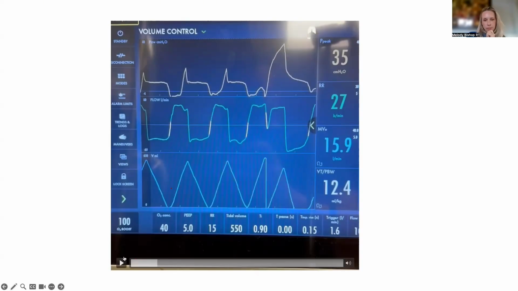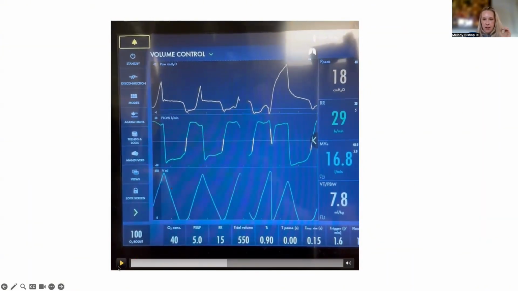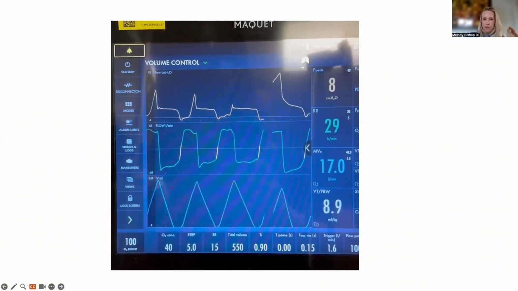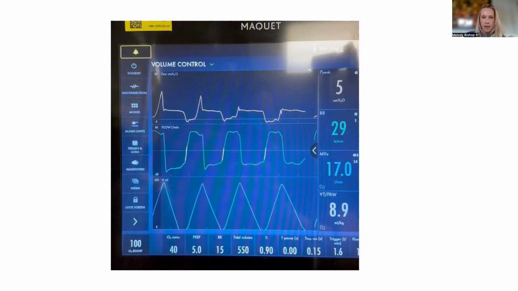And what else? Anything else you look at, Melody, as far as settings go? Well, just a couple things also with the predicted body weight. We have it right there on the screen. That's mL per kilo predicted body weight. You can tell that breath to breath, it's going way beyond what is considered safe. One thing that I just want to draw everyone's attention to is looking at what is set. And Nick just mentioned the settings. These are what most of us in the vent world, especially people that are new to vent, see as safe ventilator settings, normal ventilator settings. And yet we have very dynamic, complex waveforms that are showing us that the patient is tortured. And this is a key takeaway message: just because your settings are safe does not mean it is actually safe for your patient. Because this is where the waveforms start to come in and why it's so important to start to move through a basic understanding of what waveforms should look like.